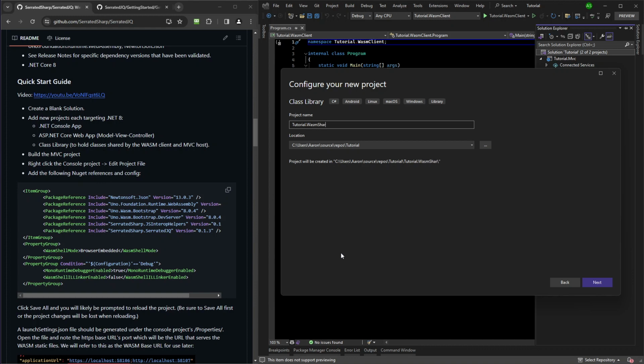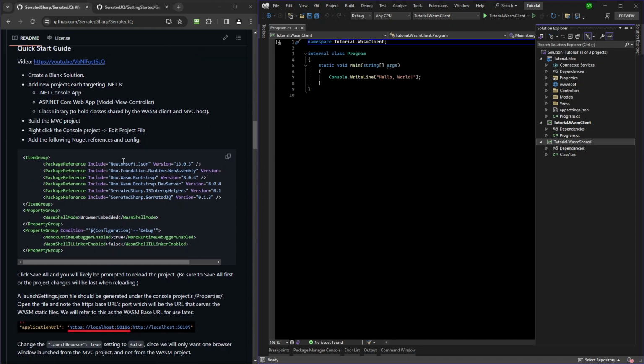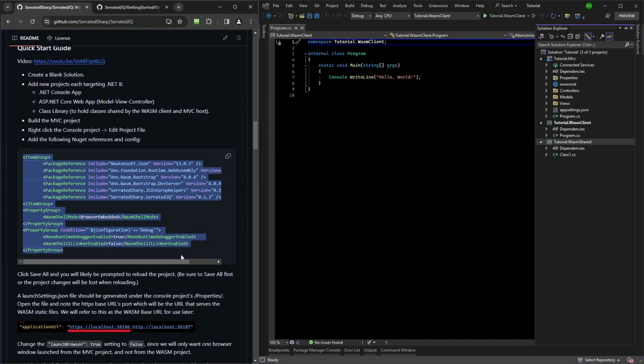Let's call this WASM shared because, again, I want to emphasize that it's going to be compiled into the WebAssembly. And so any code that a developer might put here is getting shared with the client. So we're going to close this for now. The next thing is we need to drop this code into our